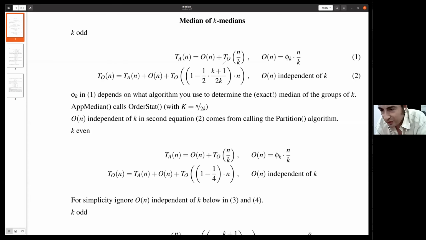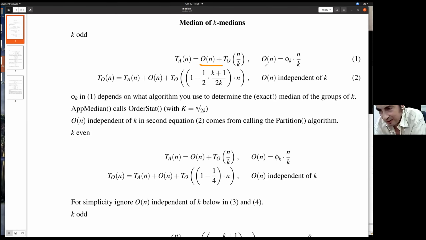So the approximate median calls this partitioning into groups of 5 and determining the median of these groups of 5, and then it calls the order statistics on n over k, because there are n over k medians of k groups. For later reference, this O of n, to be more precise, consists